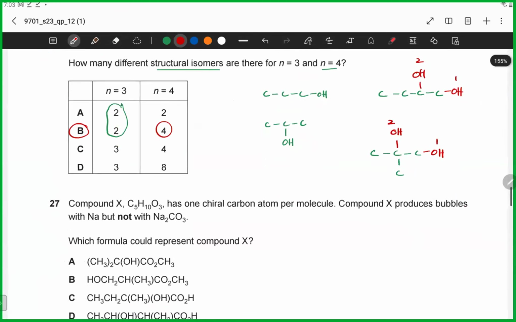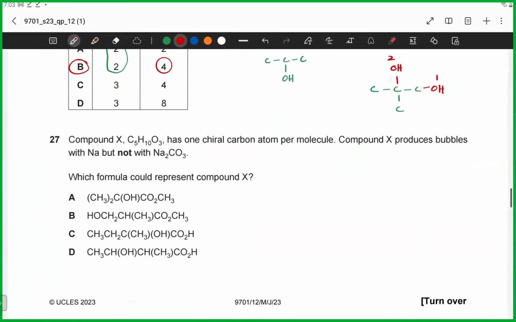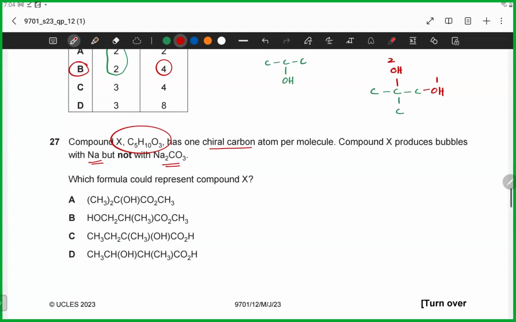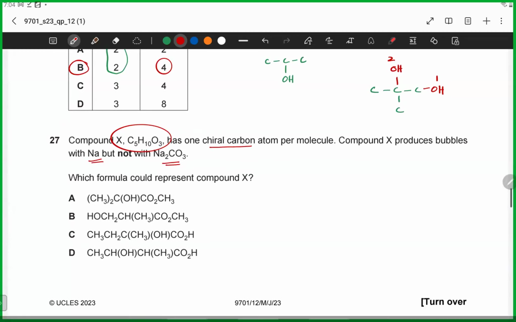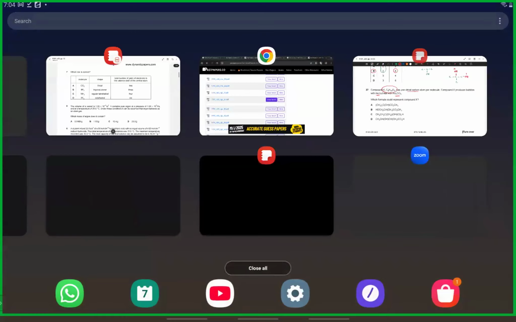तो नेक्स्ट वन। वो ये कह रहा है कि there's a molecule which has one chiral carbon atom. There's one chiral carbon, क्या होता है, which has 4 different groups attached to it. तो Na के साथ रिएक्ट कर रहा है बट नॉट विद Na2CO3. अच्छा रिमेम्बर, खाली Na के साथ कौन रिएक्ट करता है? इसके लिए ना आई विल ओपन द